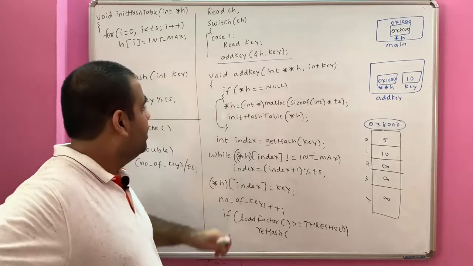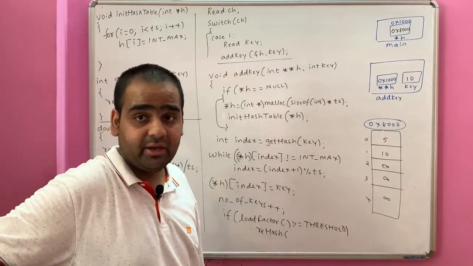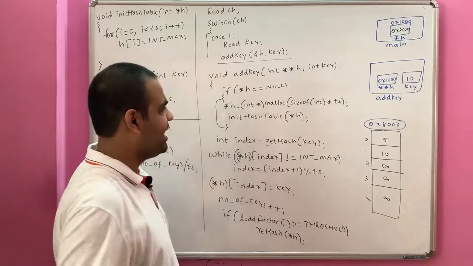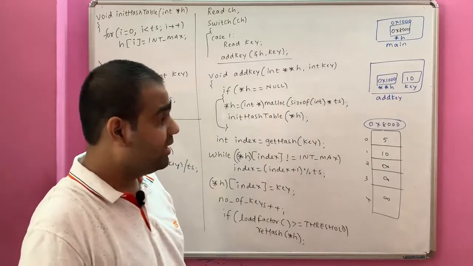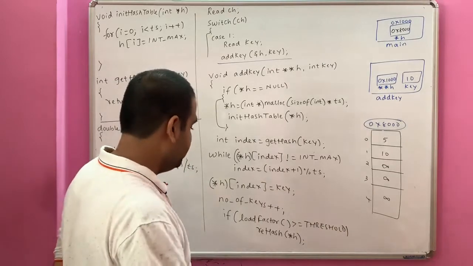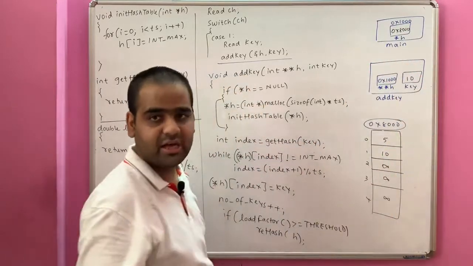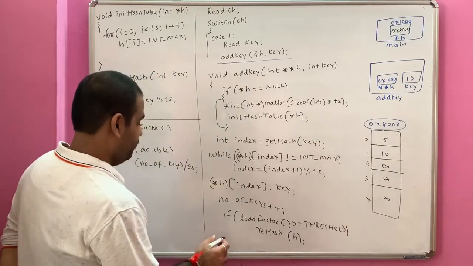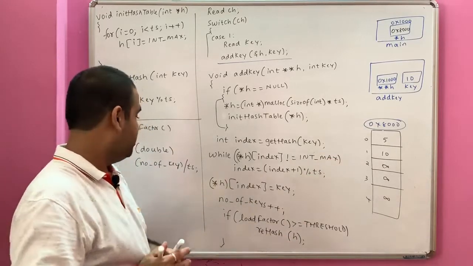We will see. Now in rehash, all the keys of this table have to be taken and rehashed. Therefore we say rehash of star h. Why star h? Because from address 1000, 8000, this has to be rehashed. And we will rehash this address 8000. Now if you just say rehash of h, that is also okay. You are passing the double pointer and in function you can get star h. And you say rehash of this table complete h. It will rehash it and then you may return. Now what is the load factor? 2 divided by 5 is 40%, greater than or equal to threshold.